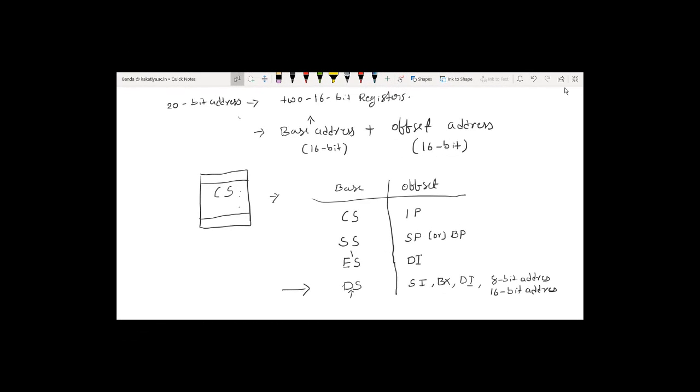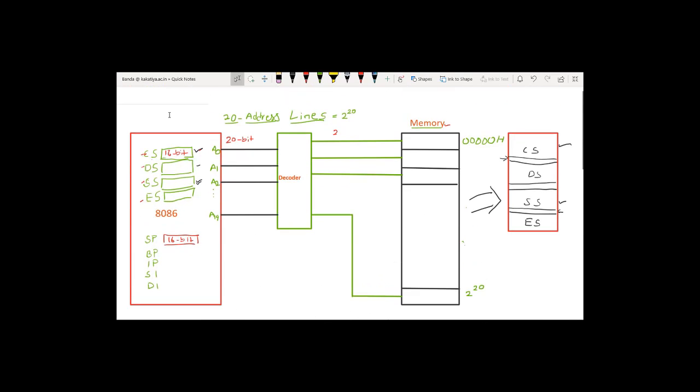Okay, in the last class we discussed the importance of special purpose registers. What are those? Those are the code segment register CS, data segment register DS, stack segment register SS, and extra segment register, stack pointer, base pointer, instruction pointer, source index and destination index. The main function of these special purpose registers is to hold the address of